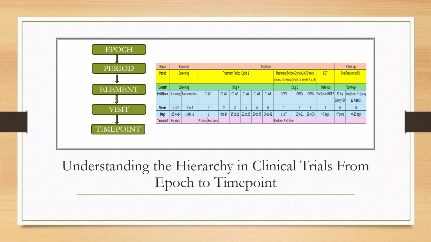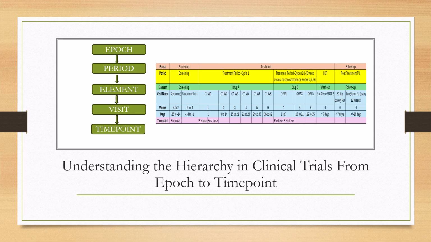Now let's understand how we categorize this information into element, periods, and epoch level. You can see that the visit num, which is the screening and randomization, these are part of the screening element. That is, all the screening assessments before the start of the trial, which is the randomization, are considered under the screening element. And the cycle 1, when the randomization happens, that the subject is exposed to the study drug, after that all the cycle visits are categorized under